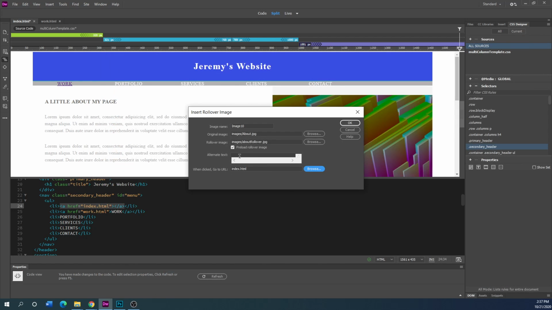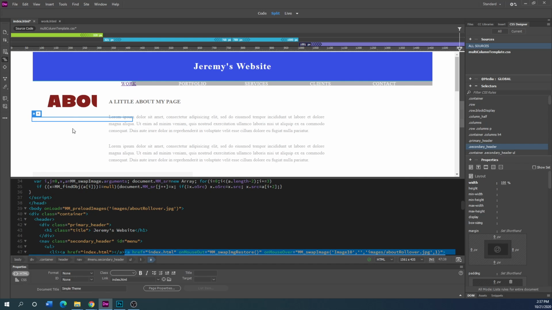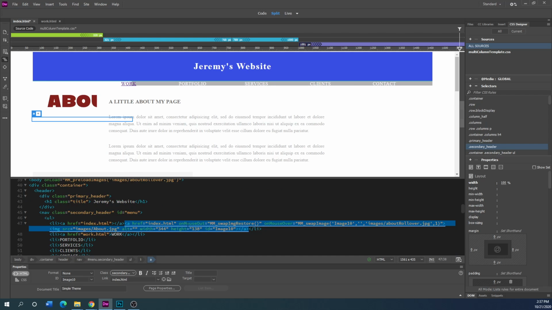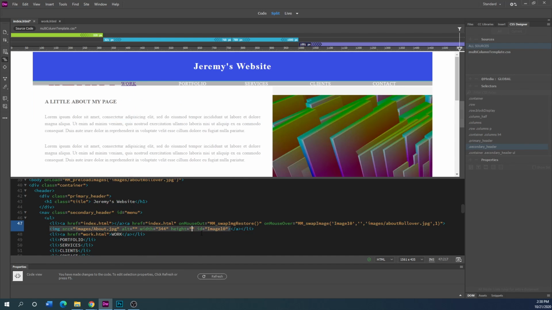This alternate text you can type in if it's a description of something. Say like this right here, if we rolled over, text would kind of pop up either at the bottom, I believe, or at the top of it. So, okay. So it sent this image in as the original size, and that's pretty easy to change. I'm just going to go in. I know I wanted this at around 50 pixels,